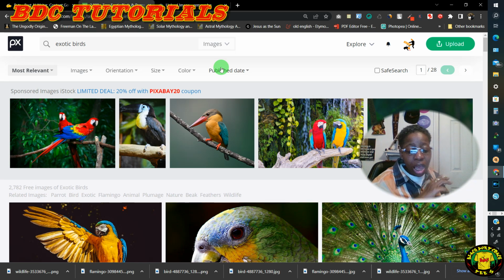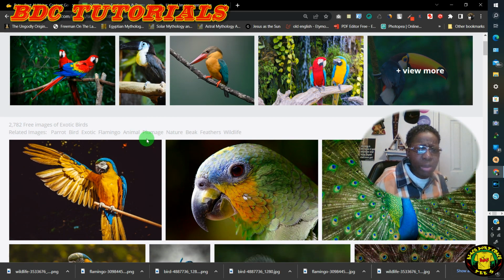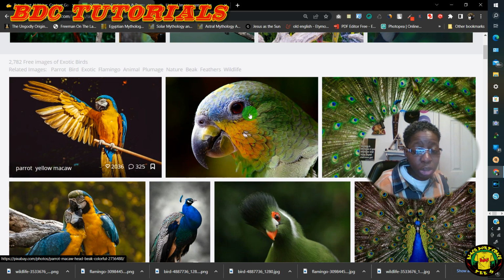So I decided to use exotic birds. Why? Because when you look at these birds, they're so beautiful. Look at all these beautiful colors. It just puts you in the mind of spring, in the mood of sunshine, good weather, warm weather. This is God's work at its finest. Seriously, the colors of their feathers, it is just exquisite,